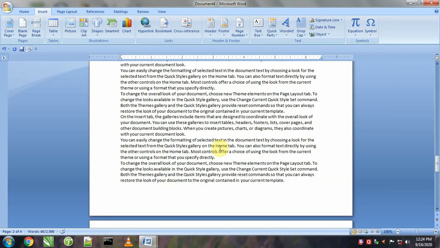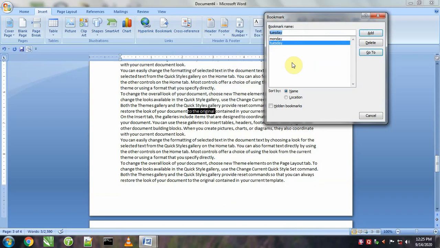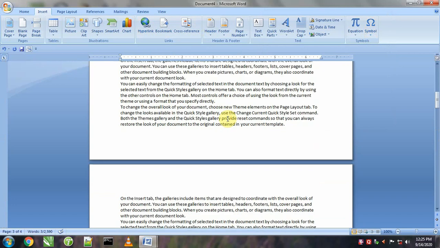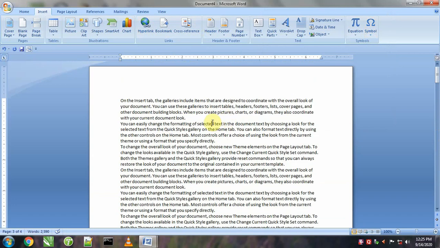Suppose on Wednesday I worked on this document up to here, so I will put a bookmark and call it Wednesday. It is Wednesday bookmark.